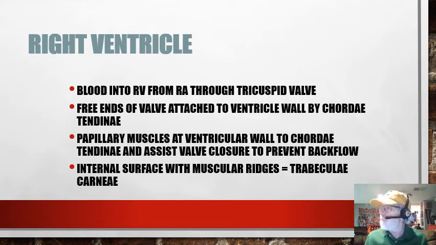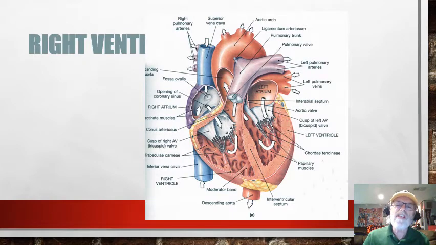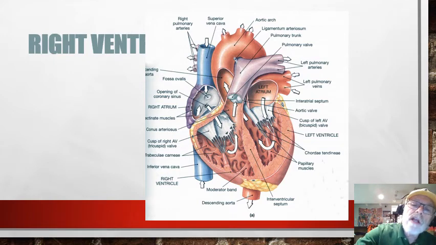One thing I should very briefly mention, that inside the heart are these things called trabeculae carneae, and they look like ridges on the inside of the ventricle, inside of the muscle. So if I look there, you can see these trabeculae carneae that are in there, but they're still covered with endocardium, so they're actually smooth. You can see there's the tricuspid valve, and once that right ventricle contracts, it's going to force blood in the direction of the arrow out through the thing that's sort of a lilac color,